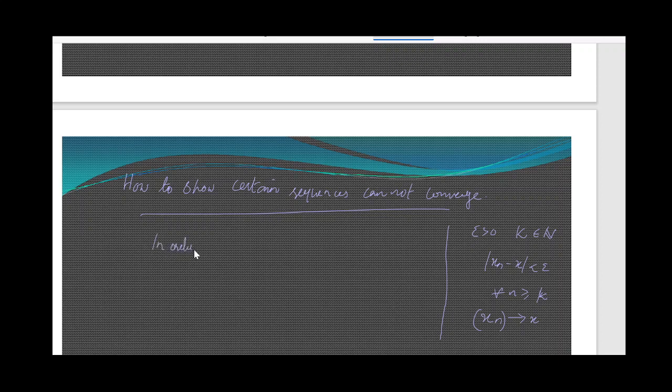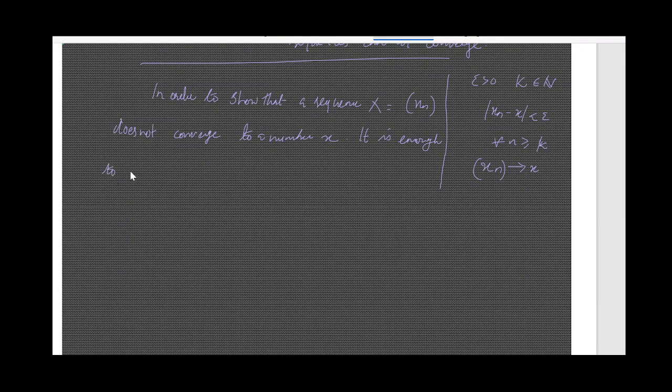In order to show that a sequence x equal to xn does not converge to a number x, it is enough to produce at least one epsilon, one number epsilon greater than 0 such that